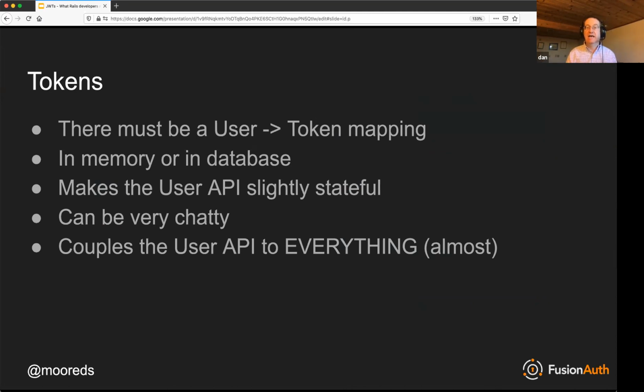Now, obviously, you can add caches or other things to reduce some of that load, but do you really want your user API to be coupled to everything? If the user API goes down, the ToDo API suddenly can't look up the user's to-dos. It seems like a bad idea.